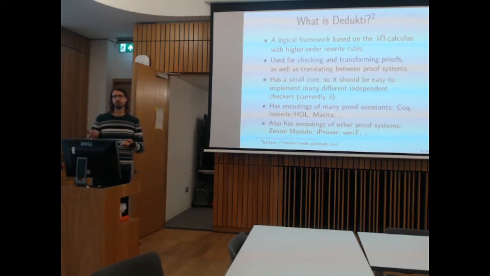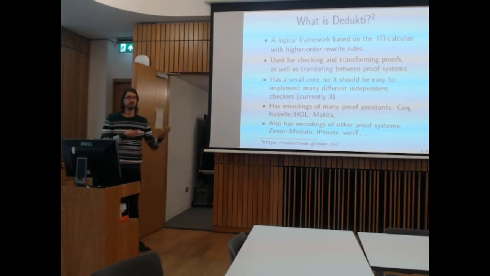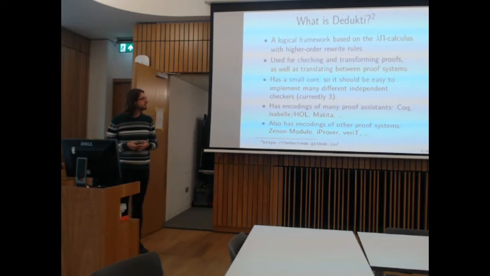So you can use it as a way of checking or transforming proofs. In particular, we can use it as a way to double check the output of the main prover. I think this is actually an interesting application for Agda also, because we don't have a core language at the moment, but we can use this as a way to double check the output of the main type checker. If there are any bugs, this would catch them. And also, like I said, it's used as an intermediate language for translation.